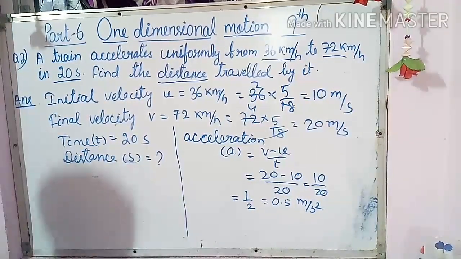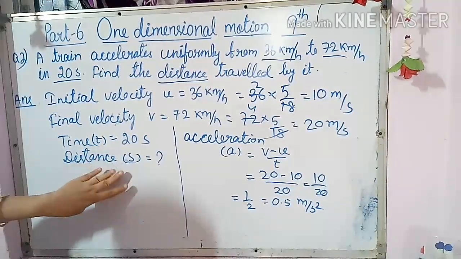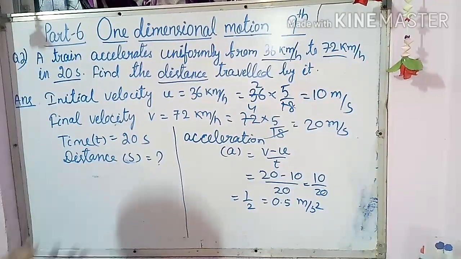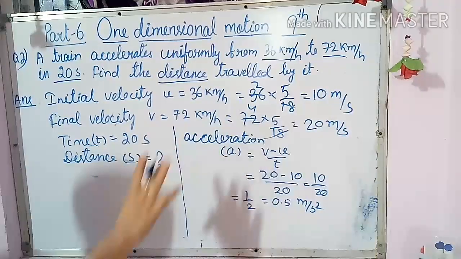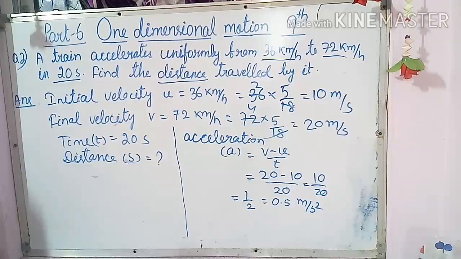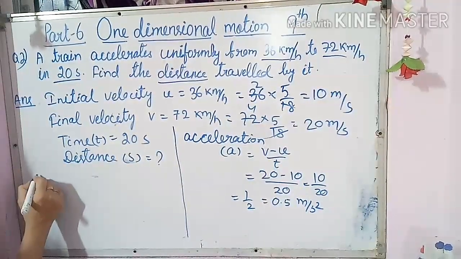Now you can put here. So any equation you can take here, it is okay. S equal to ut plus half at square you take, or v square minus u square equal to 2as you take. Now I am thinking that it is very easy to find the v square and u square, so we will do that one. Otherwise you can put s equal to ut plus half at square, no problem. What is your convenient you can put. Now I am going to put the third equation.